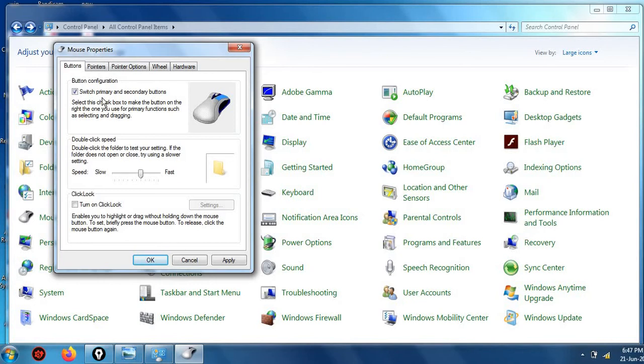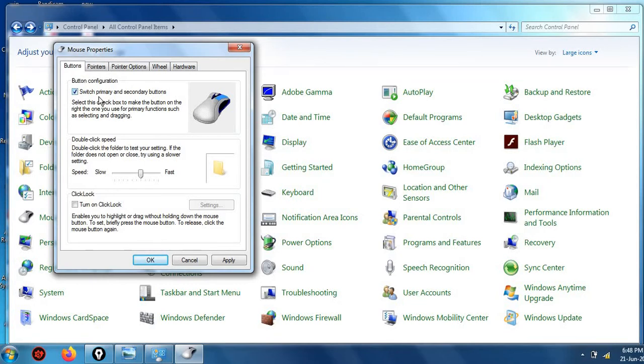Suppose any person is right-handed. Any person is left-handed. हम लोग तो right-handed हैं, right? We are not talking about this cricket. We are talking about this mouse. हम लोग right hand से handle करते हैं. Suppose anybody is using left hand instead of this right hand, तो उसका क्या होता है? उसका click event भी बदलता है. Click event यानी left को right consider करेगा.